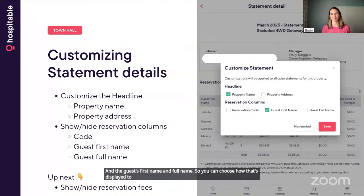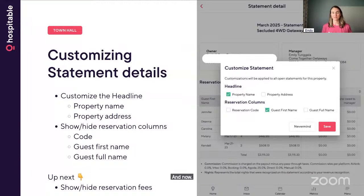We heard from a lot of people that owners really don't know anything about the reservation codes and don't care, but they might have had an interaction with guests and be able to recognize them by their first name. And so there was a preference to show that maybe instead of the code. And now that we have this out, we are starting on the next batch of